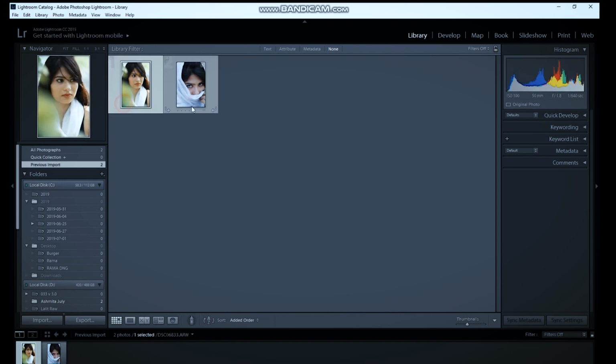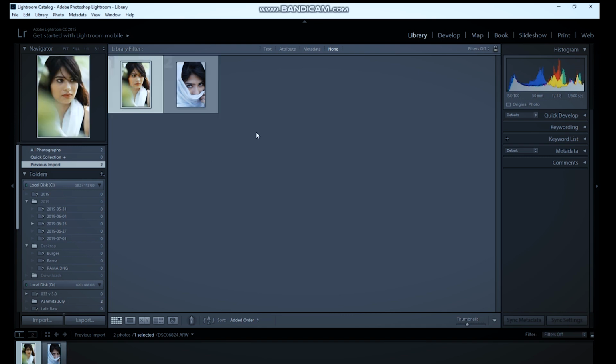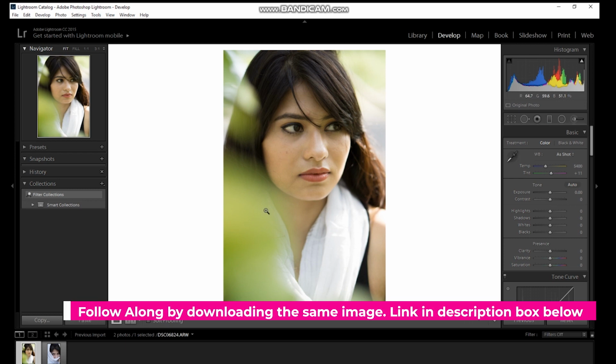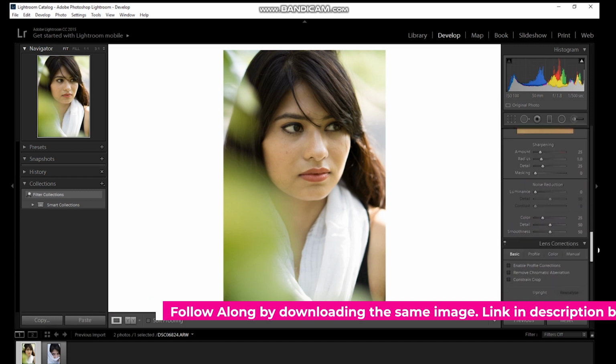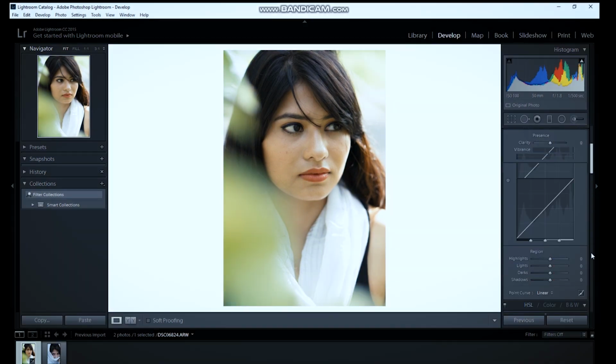So now once you're in the library, you have to go into the develop module by selecting one of the images. So select and go to develop. Now here it is, we are in the Lightroom develop module, and you can see everything is there right in the corner where you can tweak your photos. The first thing that I would do is go below and enable profile correction. That will remove all the darkness around the edges,